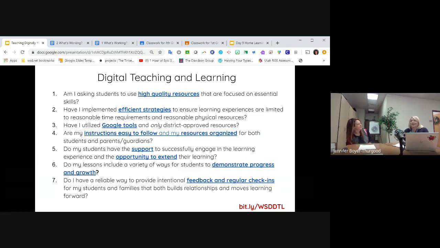Well, and a biggie, what we're hearing from parents is printing. They don't have printers in their homes. They can't be expected to print things. And ink is expensive, even if they could print, so keep that in mind. We really do not want to have any printing that's being done in the homes. So it should be something that they can access and respond digitally to you in.